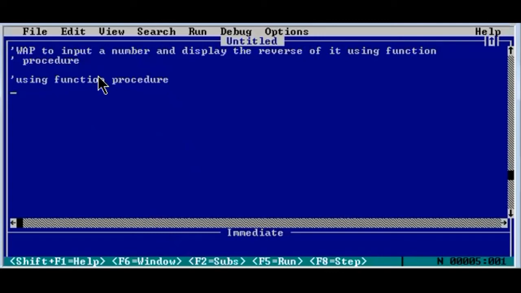Okay, the first thing that we do is we declare our function procedure. So we write declare function and we write reverse. Now, whenever we write a program using function procedure, we have to talk about the dollar sign, whether to keep it or whether to ignore it. Now, in this particular program,